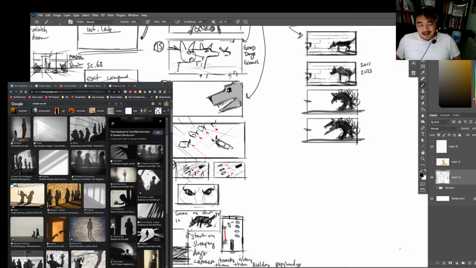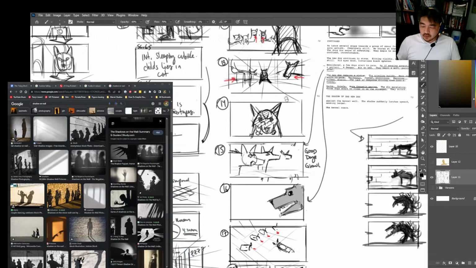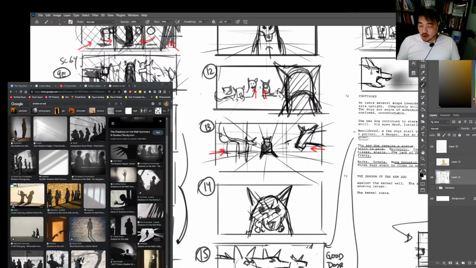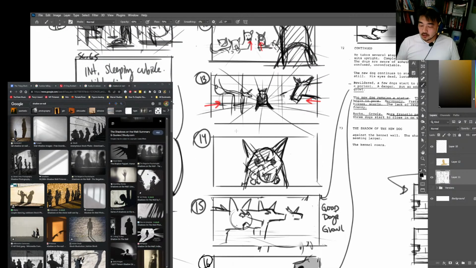when they used the sound, I wasn't verbally telling the story because they were using the soundtrack to tell the story. And I'm not used to working like that. I'm used to drawing my stuff and then being like, okay, look, the dog's head comes up. All the other dogs start looking. You're telling the story, you're telling the story. And then you're right here. All the dogs come closer. The bad dog gets up and it starts to